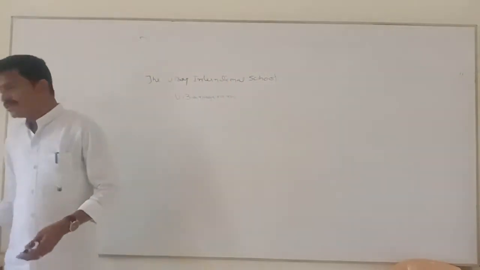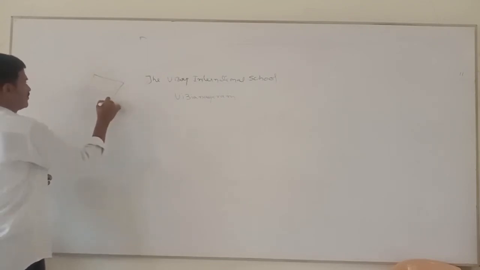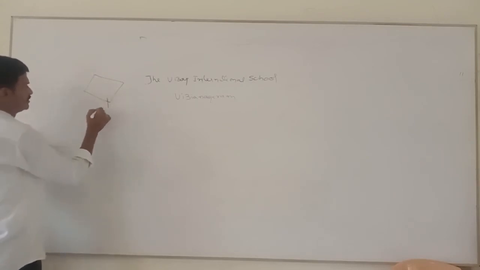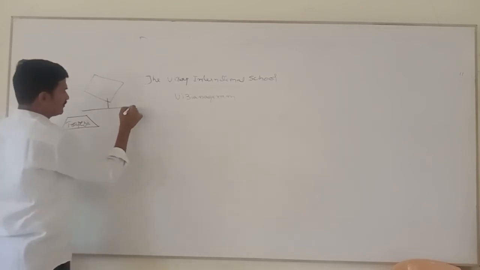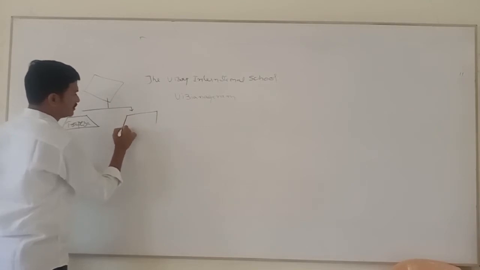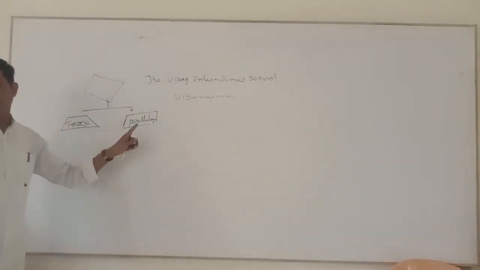Now next. So first quadrilateral we have some irregular shape, no problem however it is. From that quadrilateral we got trapezium. First, one pair of opposite sides are parallel. This is called trapezium. And both the pair of opposites are parallel, then it is called parallelogram.